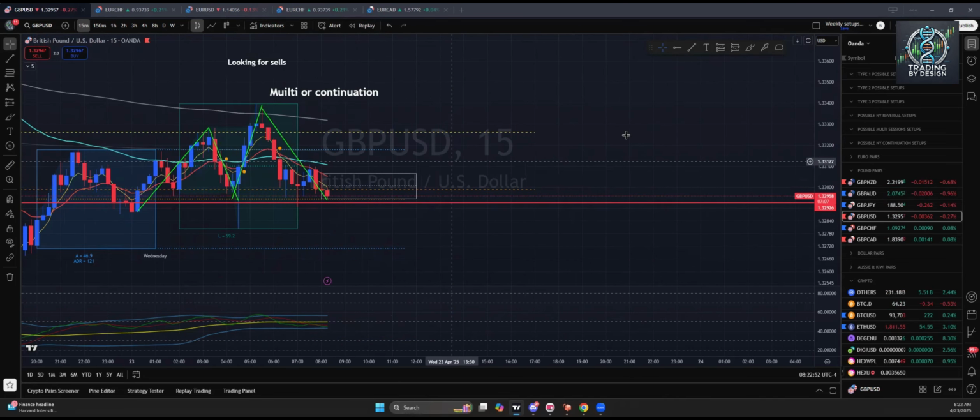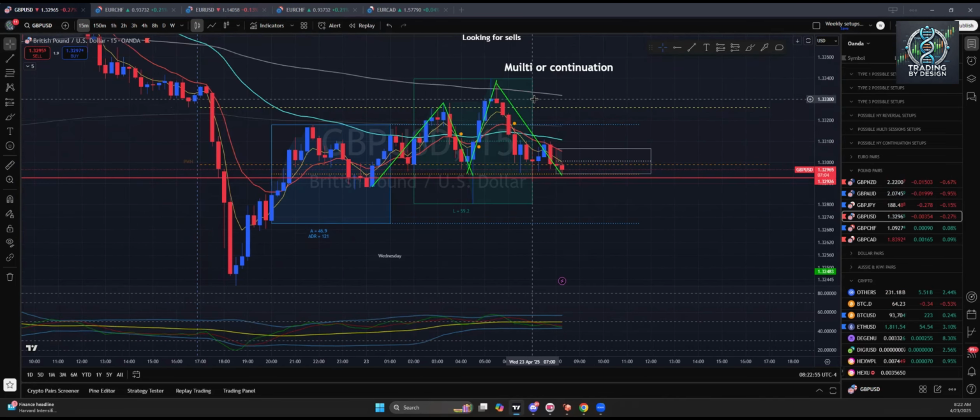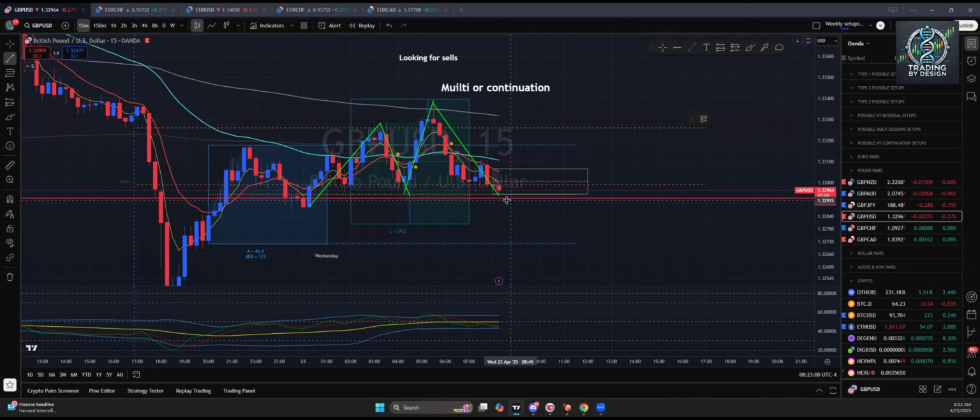So what I would like to see in the New York session is I just want to see price going back up here to this level. So it will be creating a multi-session M just to go back down. Or